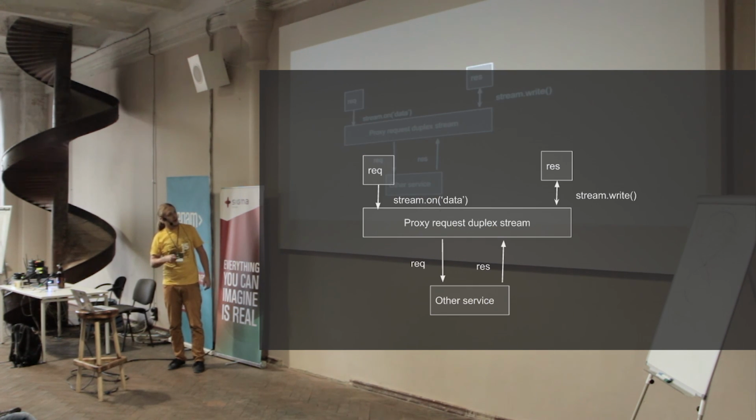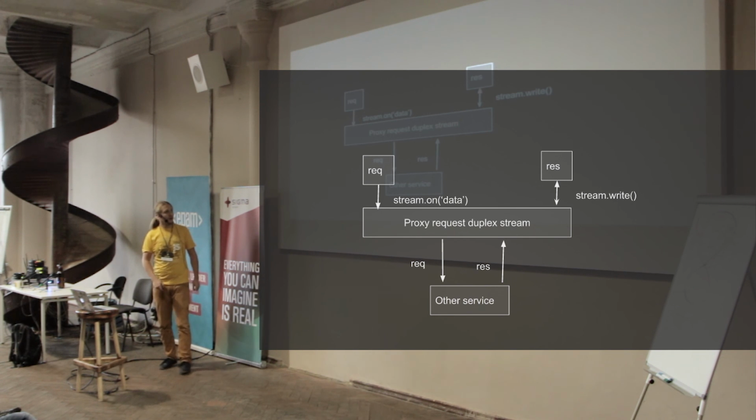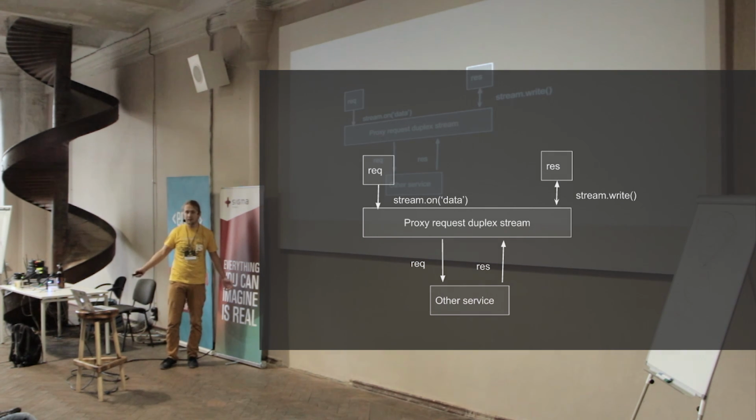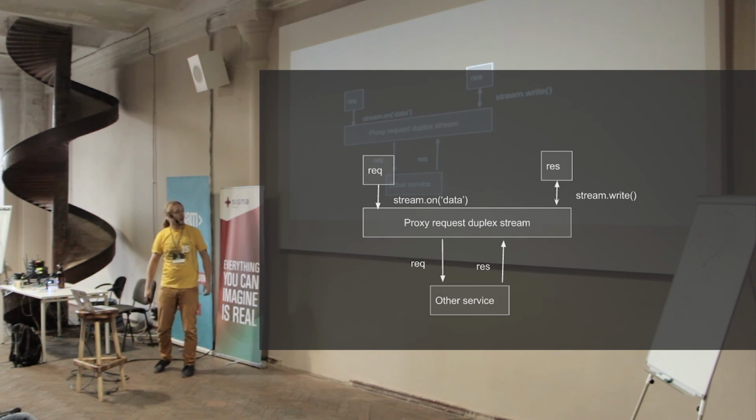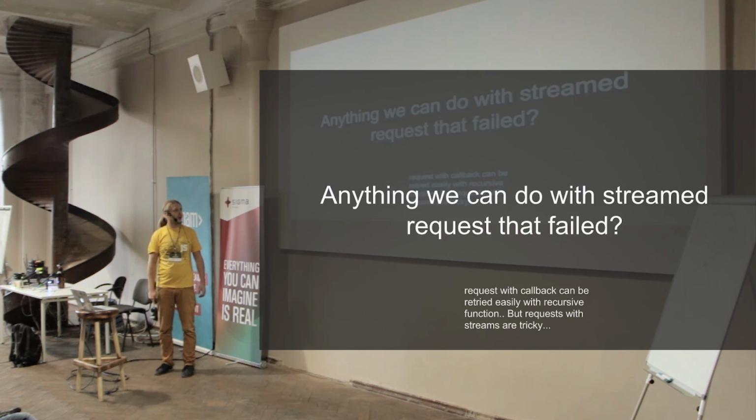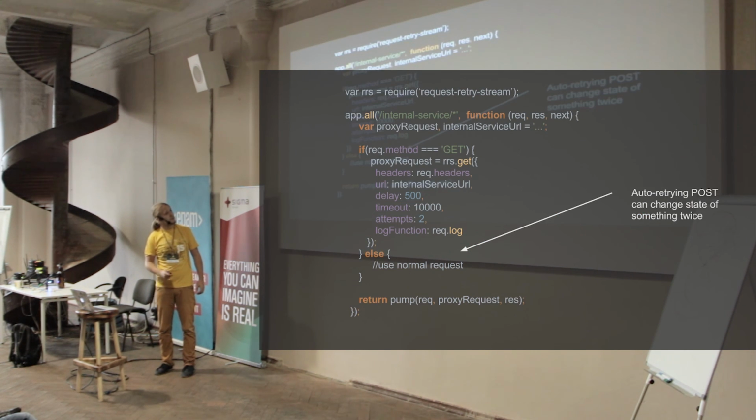Just to make it clearer, I have this picture of how this will work. We get requests from our API users. We can create a request as a duplex stream. It will make requests to some other service, return some data, and then we can put it back into our initial response. Everything with streams, with zero memory consumption, super fast, and so on. But damn it.